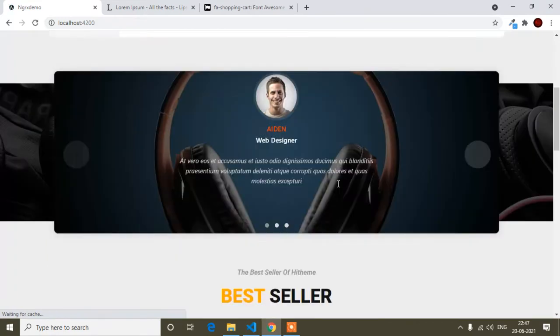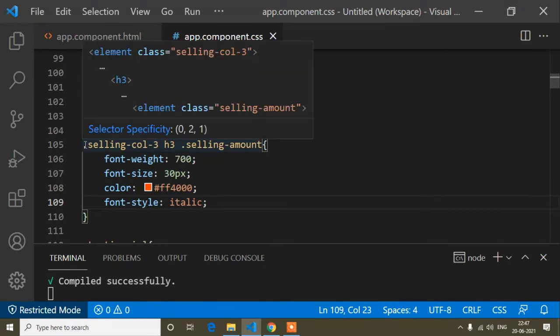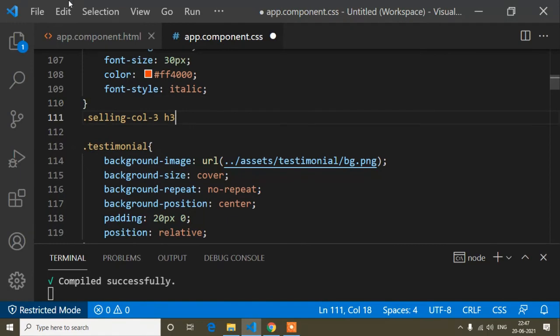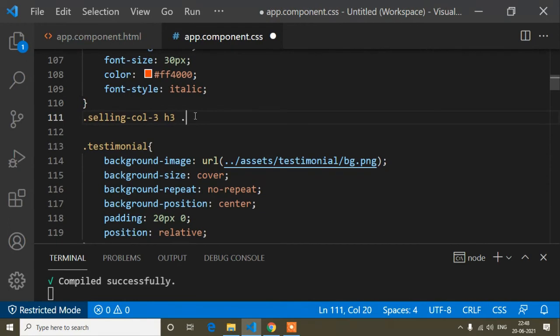First of all you can see it's showing like this, and now I will add the design for this one. So I will copy up to h3 tag, and now inside this h3 tag there is the selling discount, so this one.